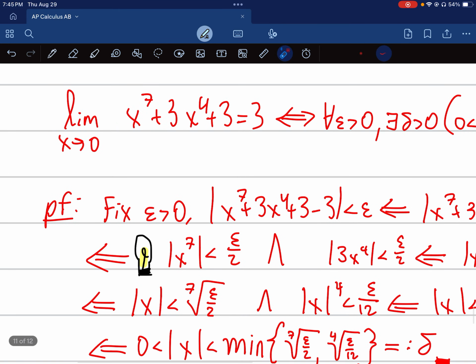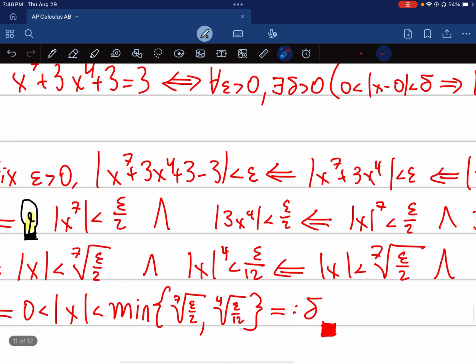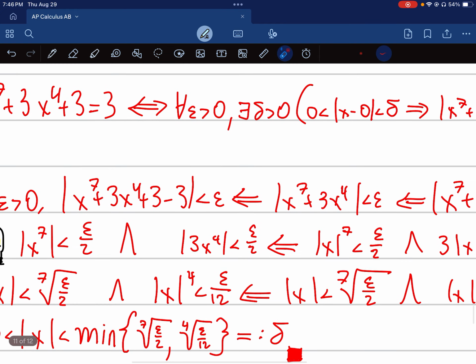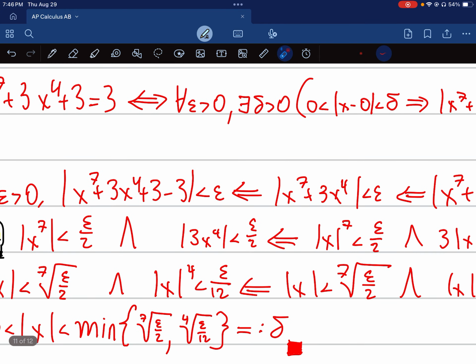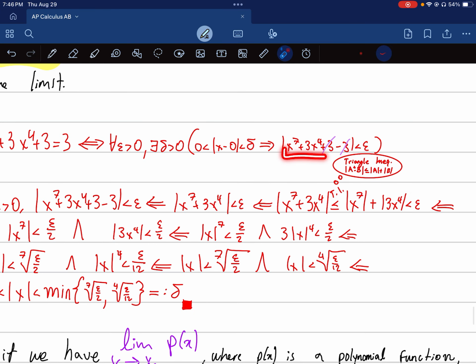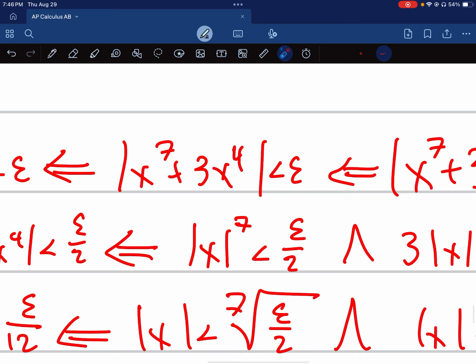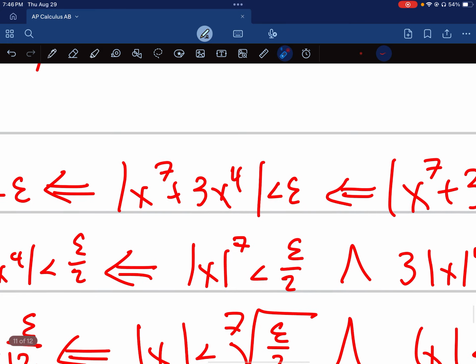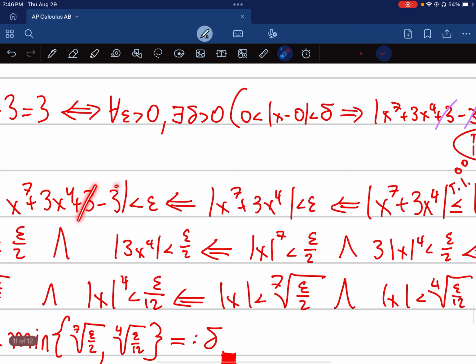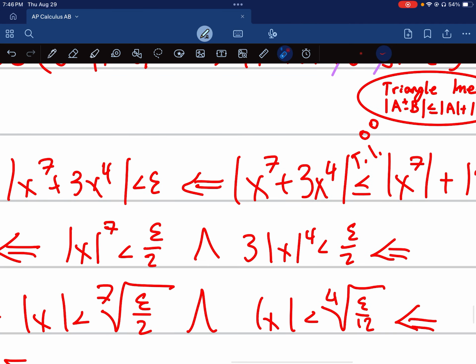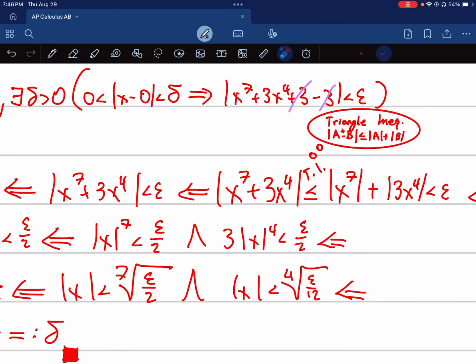So proof: fix epsilon greater than 0. Always, this is the first thing we have to write, don't forget it. You will lose points on your calc exam if you do forget this. So, we're going to start with the right side and write that down. That is implied by the following, right? We're just going to cancel out the 3 and the minus 3, which is implied by